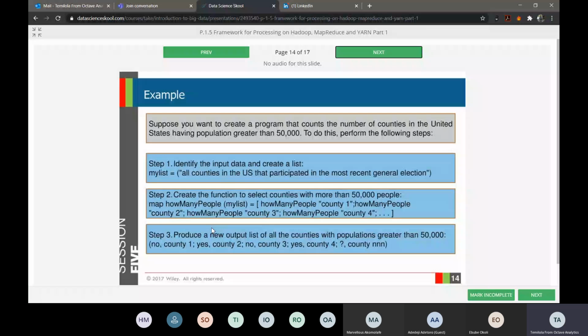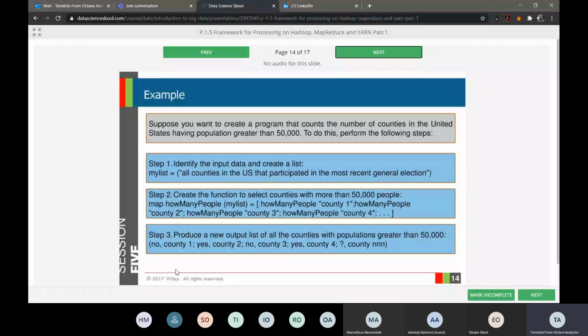For this first entry separated by a semicolon, this very first state, we have a total number of eligible voters numbered at 1. Let's just assume it is 1. Then the "no" here refers to: does this state have a population greater than 50,000? No. So we go to our second,